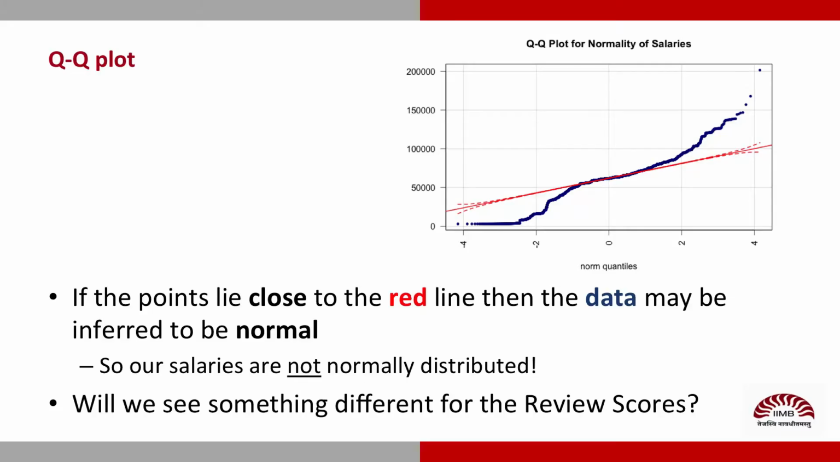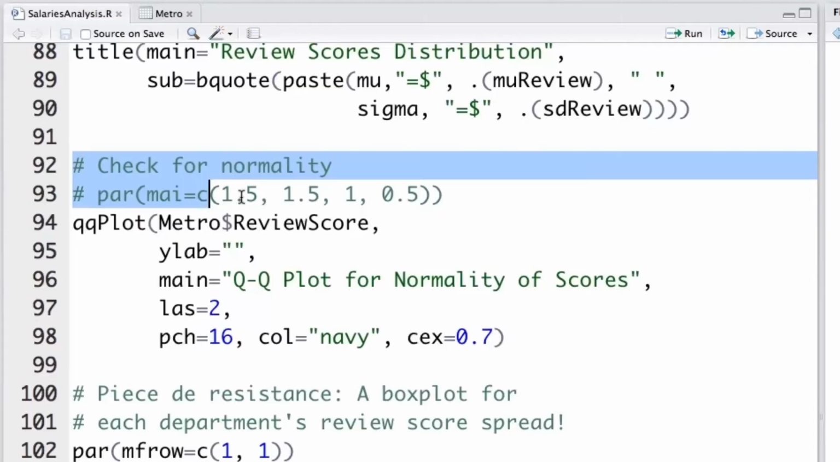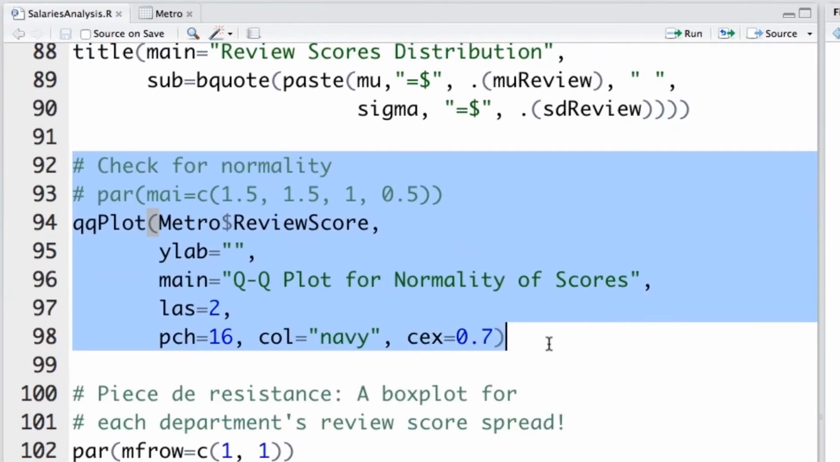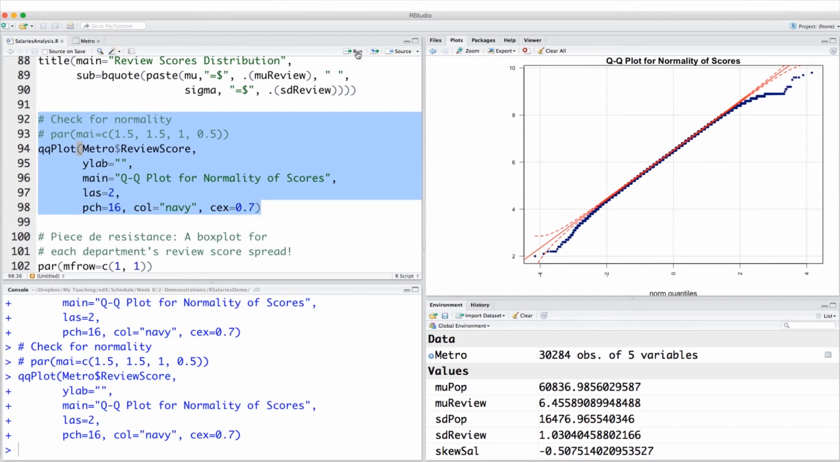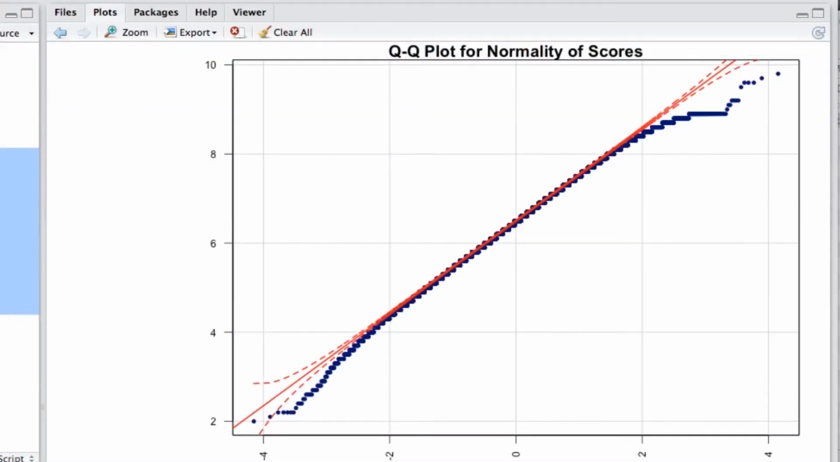How would we resolve this question? Of course, with the earlier QQ plot, where for our data we now have the review scores. Let's go ahead and settle that question. Now let me go ahead and check for the normality of the scores and run it. It does take a little while to compute quantiles, but what do you get over here? The points are quite well aligned with the red line, and that tells us that these review scores are normally